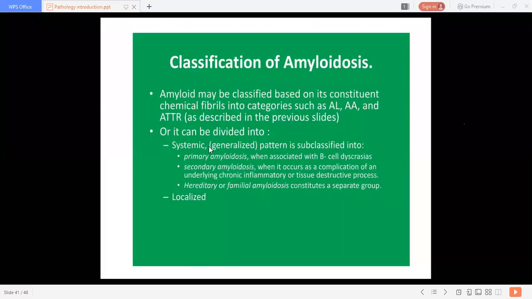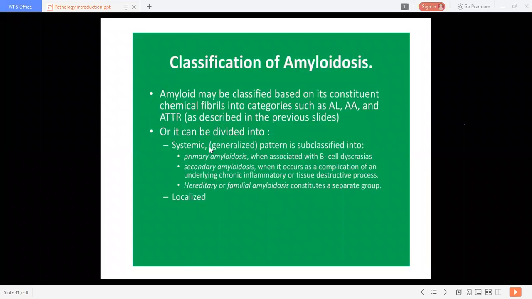So it gives rise to, what is the meaning of paresthesia? Loss of sensation. Sensations, muscular weakness, pain, and paresthesia. These are the three major symptoms related with this hereditary polyneuropathic amyloidosis. Hereditary means it gets carried forward from one generation to another. The hereditary predisposition is marked in this particular type of amyloidosis. That's why we call it hereditofamilial amyloidosis.